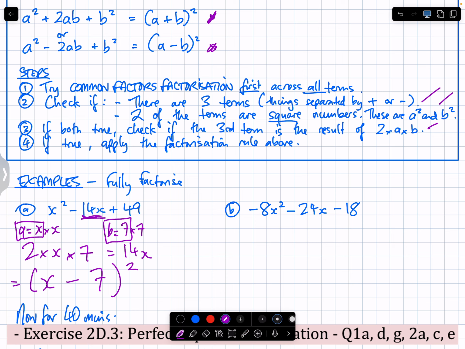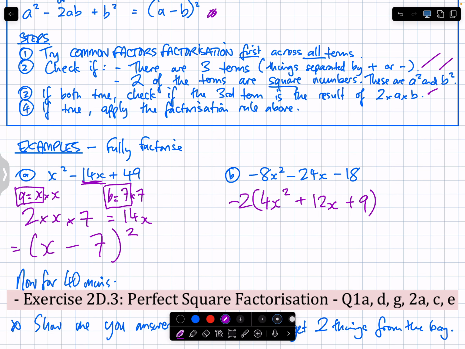If I removed negative 2 as a factor, what would I times negative 2 by to get negative 8x squared? It would be 4x squared. What would I times negative 2 by to get negative 24x? It would be positive 12x. And 18 would be positive 9. Why is that useful? I've got this negative 2 hanging out the front. But here,